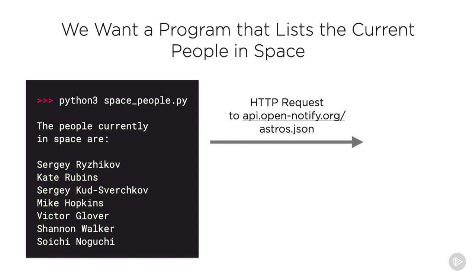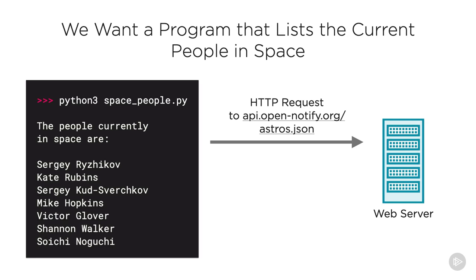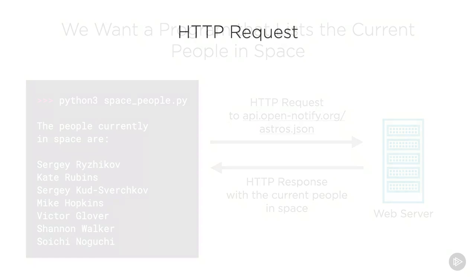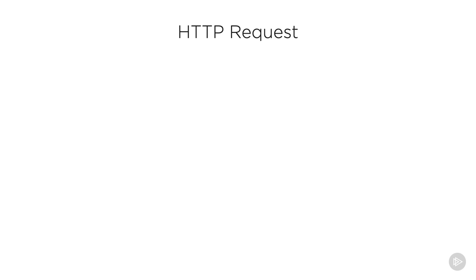So if we ran our program, it would make an HTTP request or a web request to the web server for the website that stores this space data at api.open-notify.org/astros.json. Then the website would respond with the current people in space, and our program would print those people to the screen. If you're not familiar with an HTTP request, HTTP is how you communicate with web servers that host